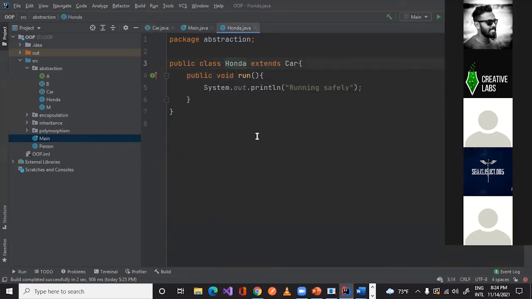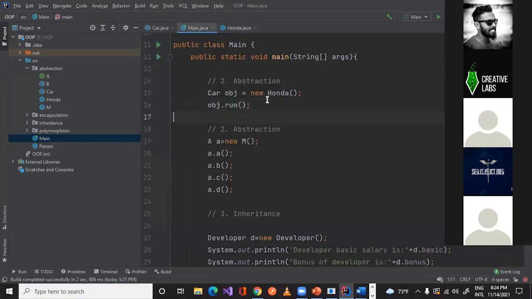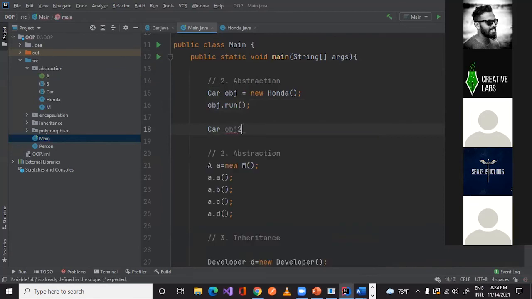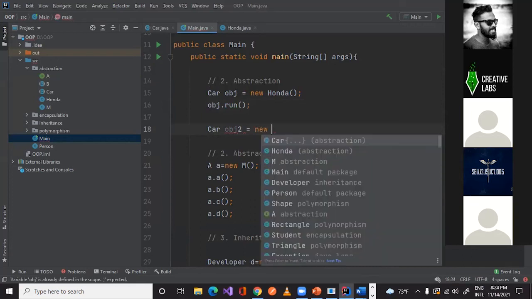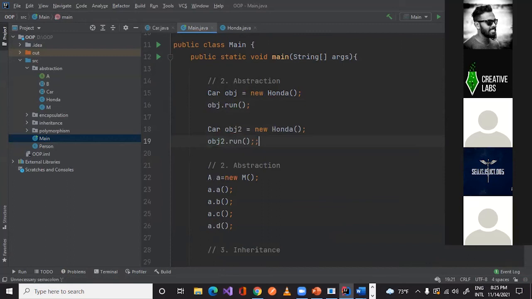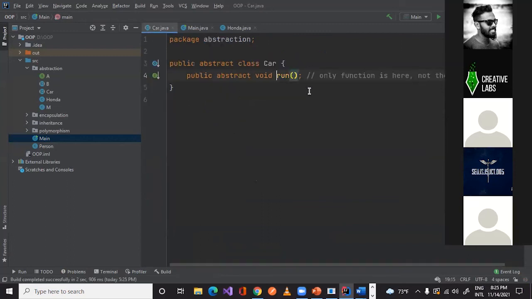The implementation we are overriding and doing in the Honda class. So if we want to create another car object, object 2.run, in the run function we don't have the actual implementation. We have only the functionality.